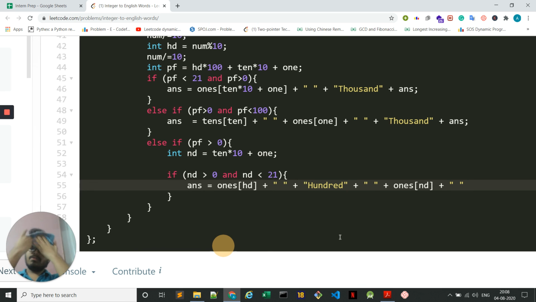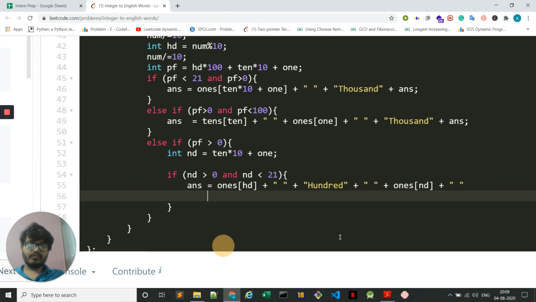What if any digit goes 0? What will we do then? Let us say the tens digit is 0. So we will do it like 305,000. Right? So next digit is